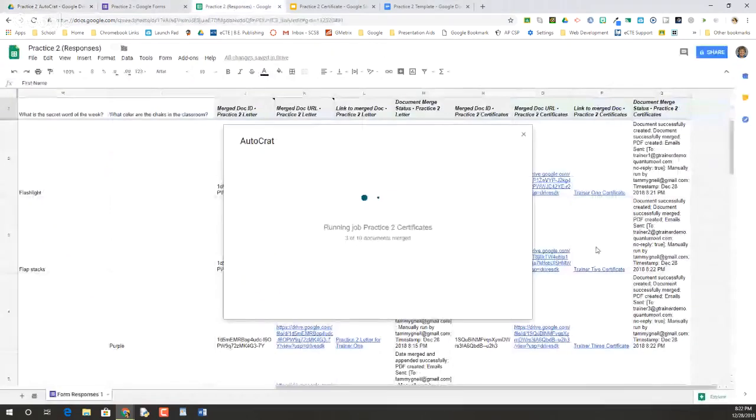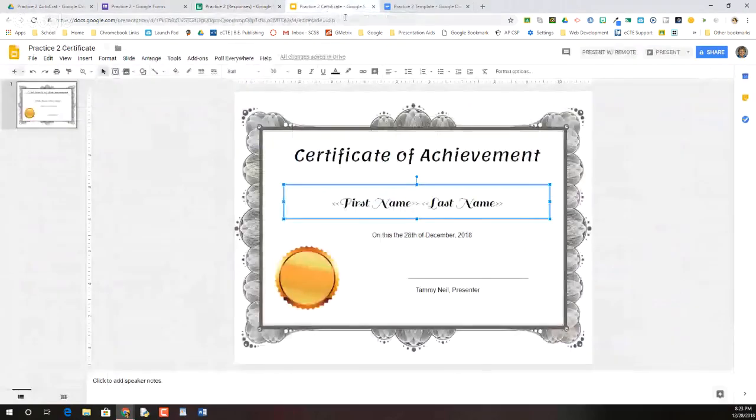down the form. Okay, but it is a little slower to merge to a slide than it is to a document, because they've been doing the documents a lot longer. Also, while you're running this, you don't want to make changes to your template. So I would not come in here to practice 2 and start making changes here. I would leave this alone until after this